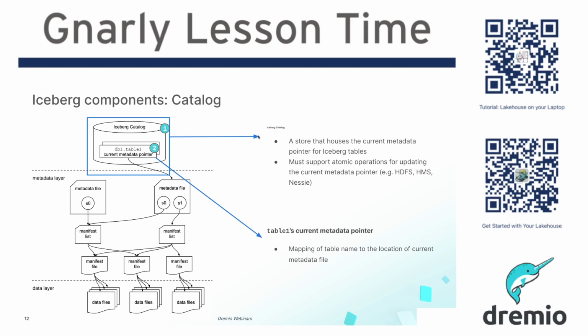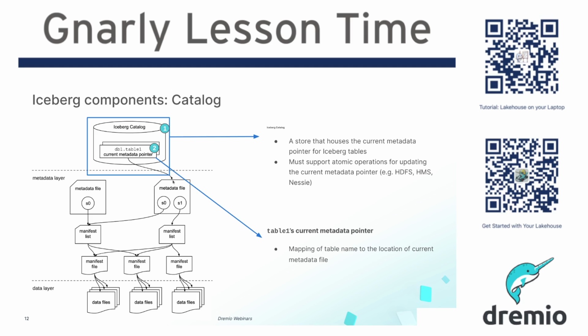At the end of the day, there has to be some way to track what tables exist. These are referred to as catalogs. In Apache Iceberg, there are a variety of choices you can use as a catalog, and that will probably be a subject for a whole video in itself. But the basic idea is that catalogs contain the names of the tables that you currently have on your data lake or data lakehouse, and then refer to where you can find the latest